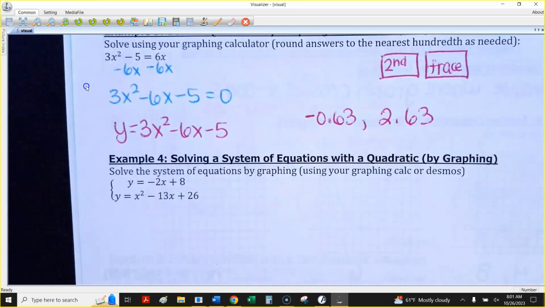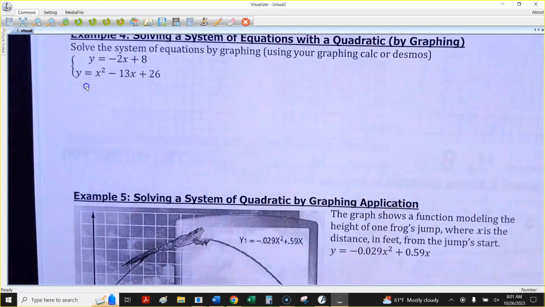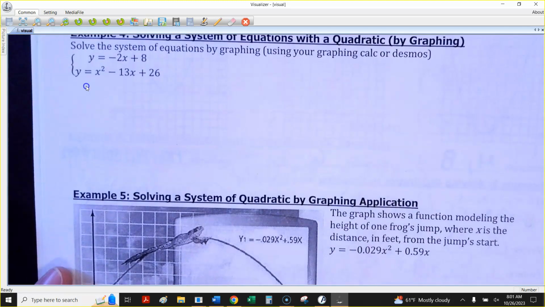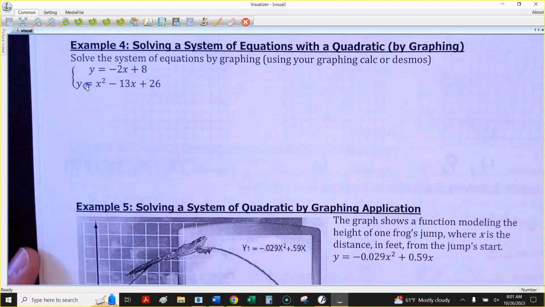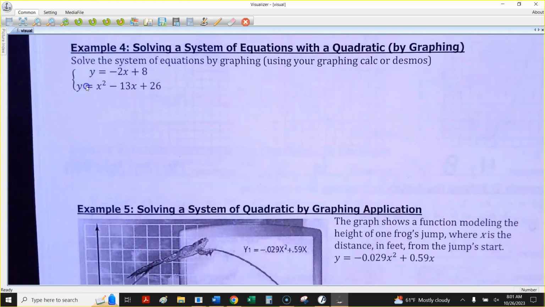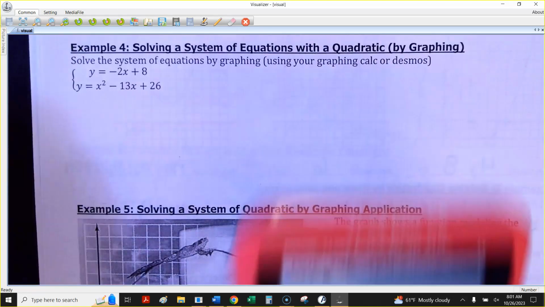Now, I'm going to have you guys look at what we did yesterday, actually, solve a system by graphing. So let's review how to do this on the graphing calculator. If you want to use Desmos, you can too. I just can't let you use Desmos on the tests and quizzes,